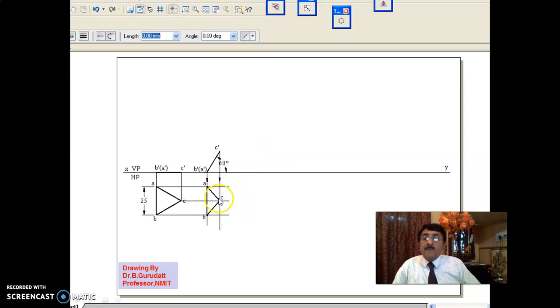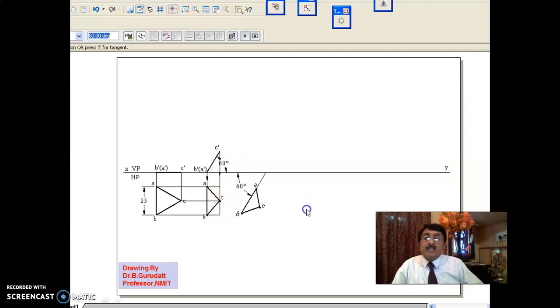This top view, we call it the second stage top view. If I tilt it in the HP anywhere, as long as inclination to HP is constant, the top view does not change. It will be the same top view if you rotate with respect to AB. If the inclination to HP changes, this top view changes. But inclination to HP is 60 degrees. I am not changing it. I can tilt it.